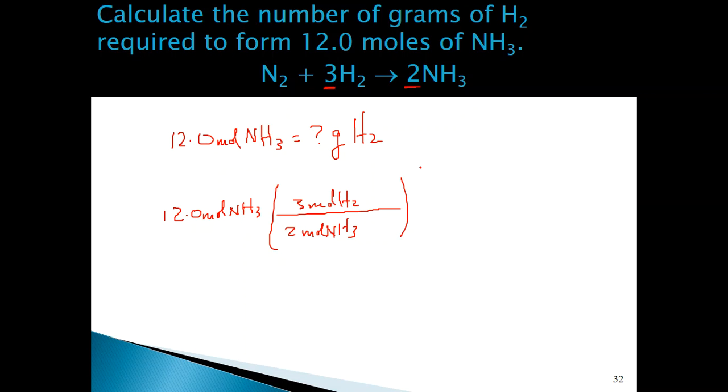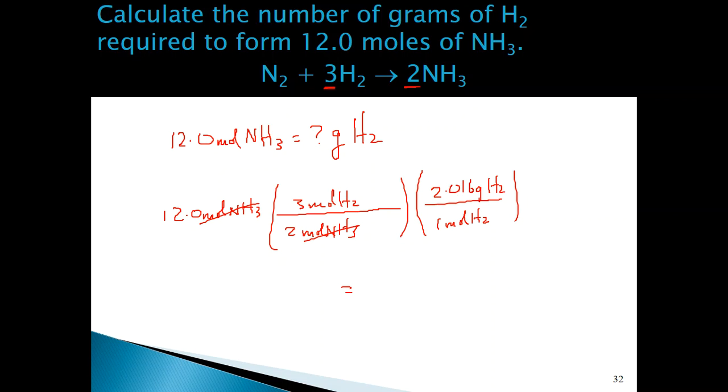Alright, and then in the next conversion factor, I would convert the moles of H2 because this will cancel here and here. So I'll convert the moles of H2 to grams of H2. So this is where molar mass comes in. So I'm going to put 1 mole of H2 down here, and the molar mass of H2 would be 2.016 grams of H2, and let me do my number crunching, times 3 divided by 2 times 2.016, and the answer